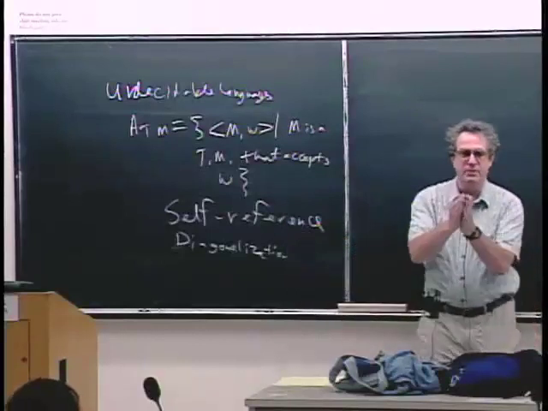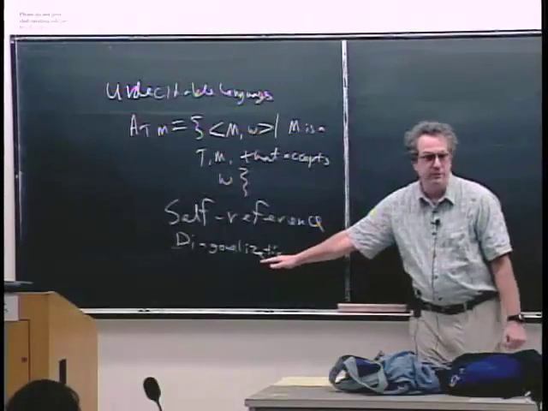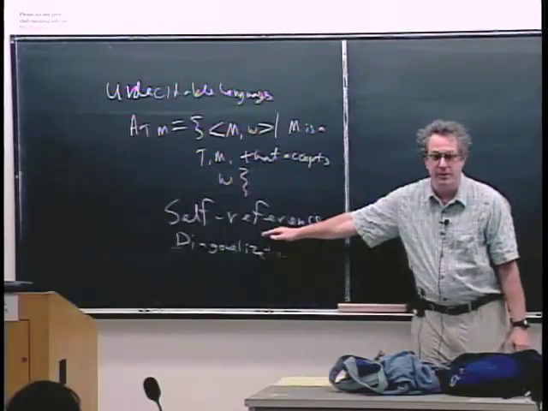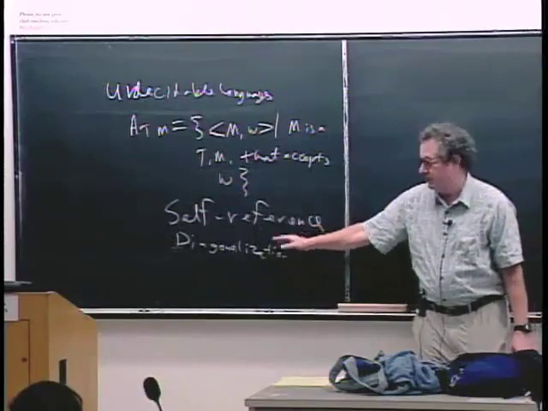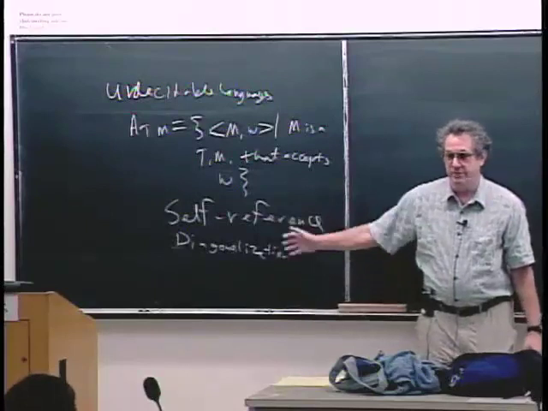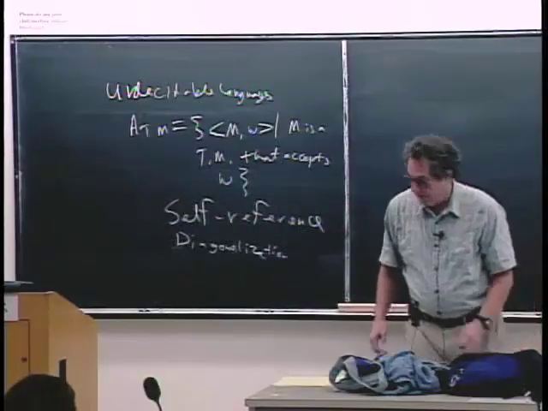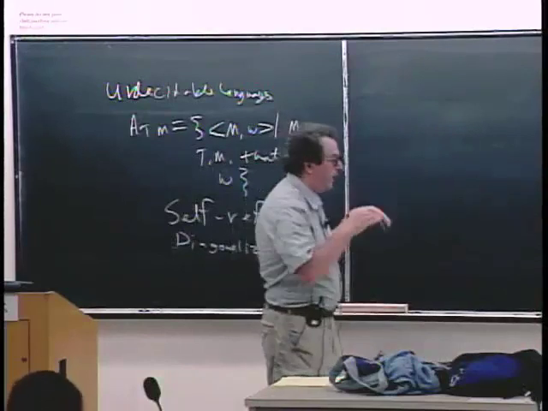And the world seems to be divided into 2 types. There are the people who think this is the simpler way of doing this, and there are people who think this is the simpler way. I find self-reference very confusing, and maybe some people did. And diagonalization is simpler, but other people have a different opinion. So I'll do both. Okay, but before I get to diagonalization, I want to go back a little bit and